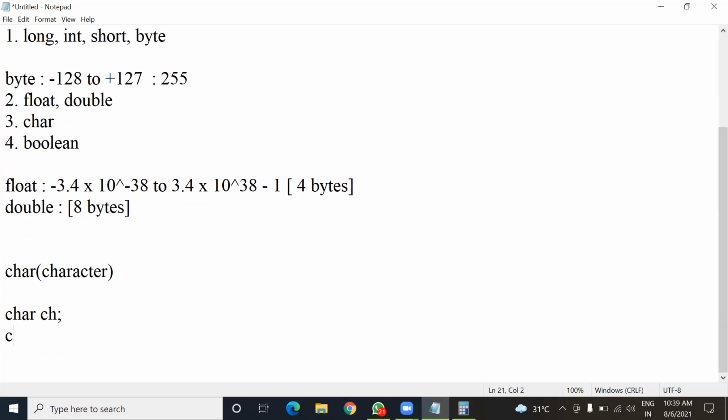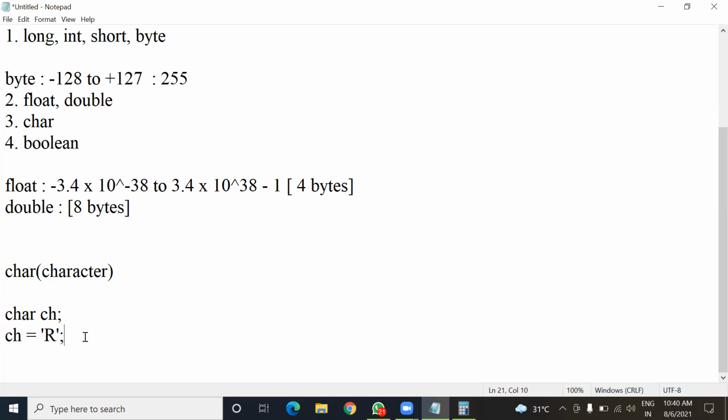Like this, you can store ch equals to, inside single inverted commas, you can place the character. For example, R. Now this R character is stored inside this ch variable. Why? Because this R is a character value or character constant, and this ch variable is of char type.